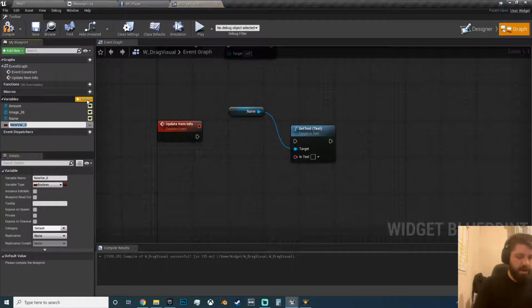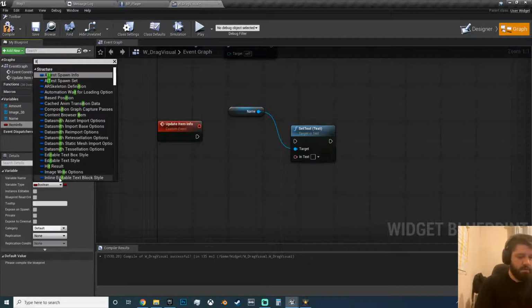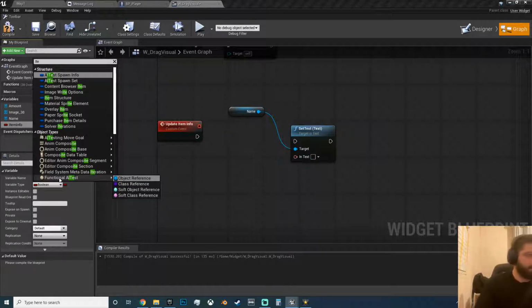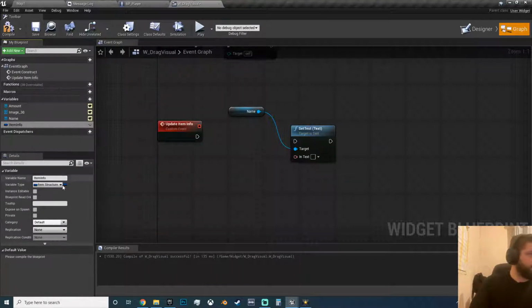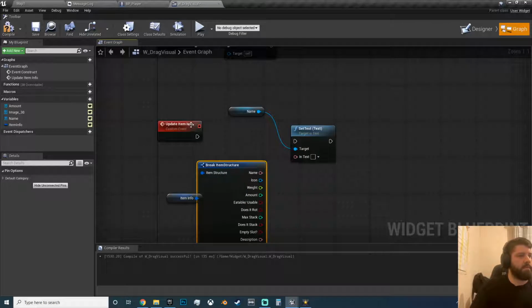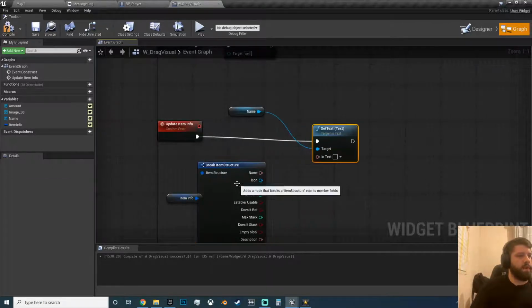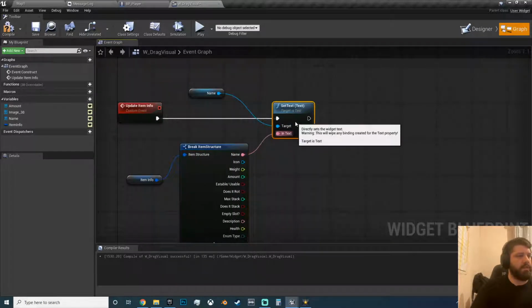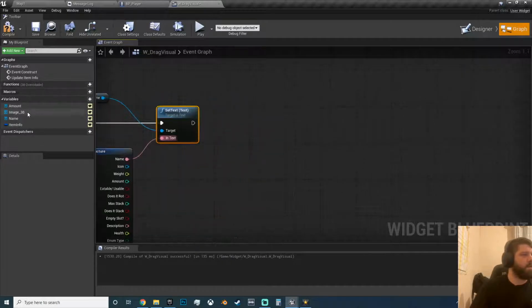we need to make the variable for the item info. Sorry, I should have probably done that first. Item structure. Make that instance editable and exposed on spawn. You can now bring that in, break it down, drag off of here, and connect up name, icon,